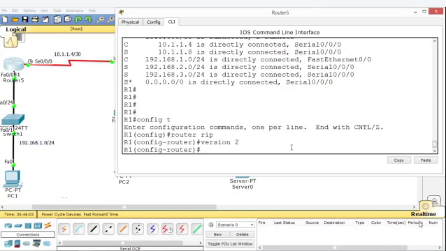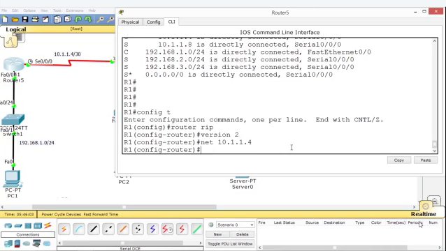And now we do something called network statements. What networks are you actually plugged into? Now I'm going to do something here. I'm going to prove a point to you. I'm going to put the exact network that I am connected to, which is 10.1.1.4. And then the next network is